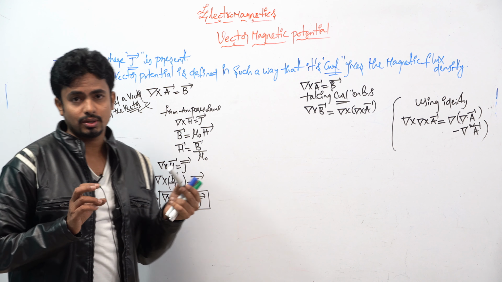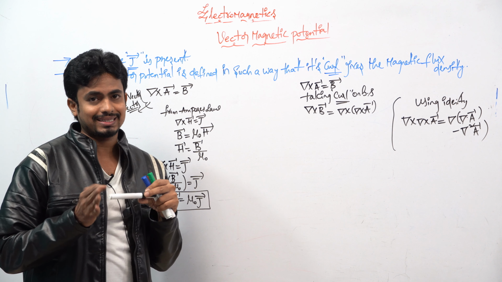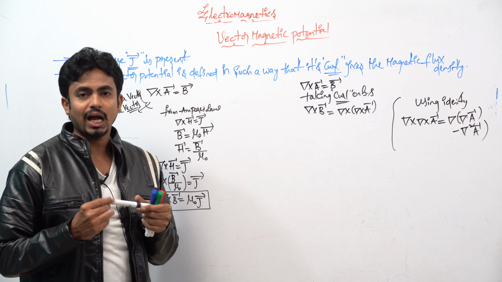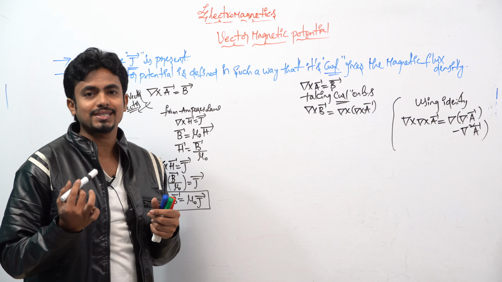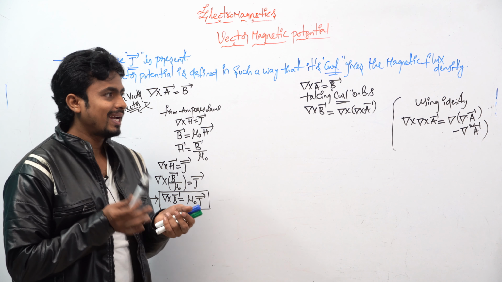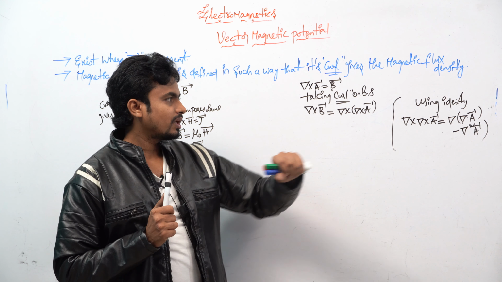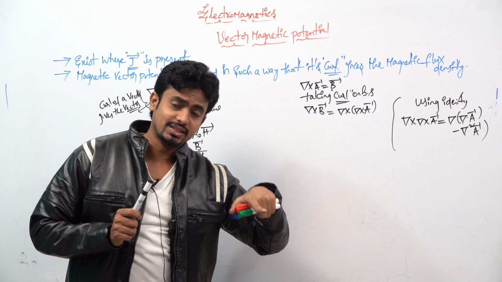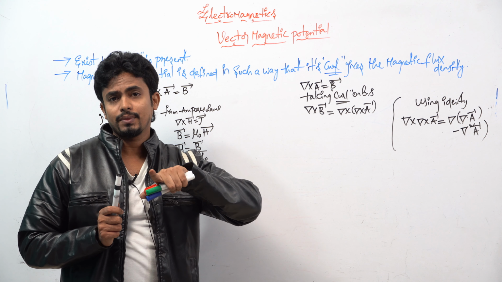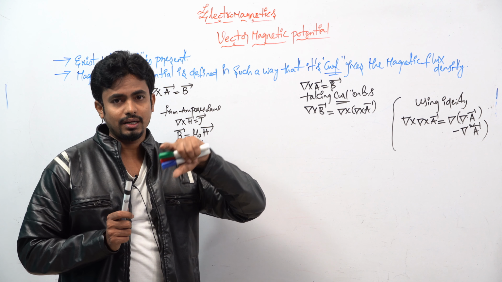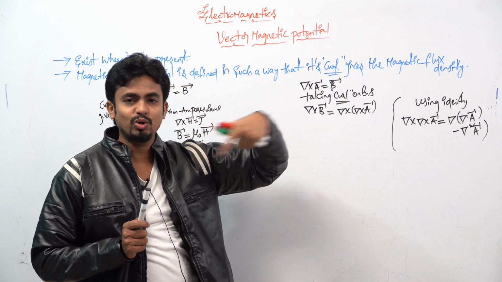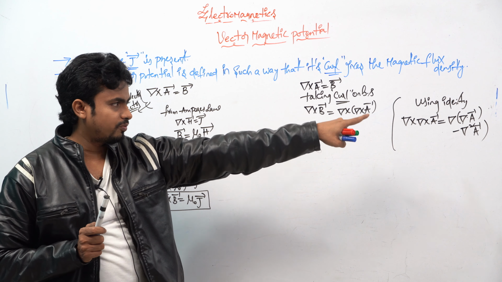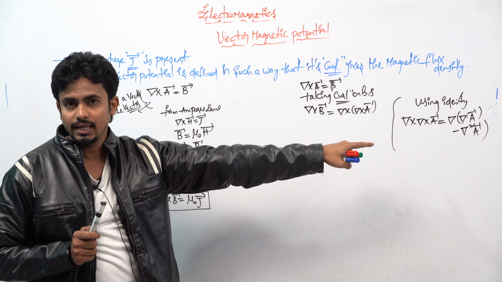After the completion of the curl, what will be the scalar and what will be the vector, I will put in some important conclusions as well as some important points. At that time, I will be telling this curl of divergence of the vector, what will happen. I already told you some important points, like 7 to 8 points. All of those things have to be covered in that session.